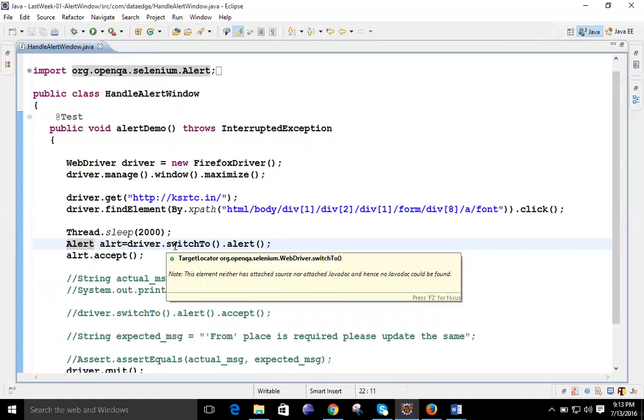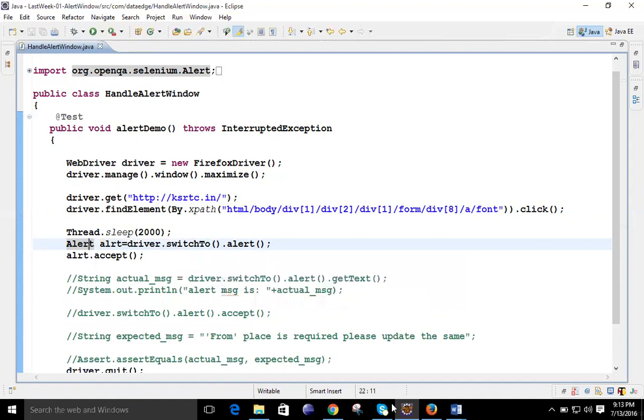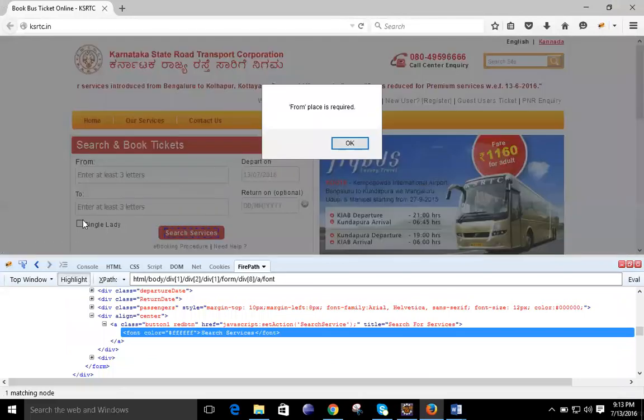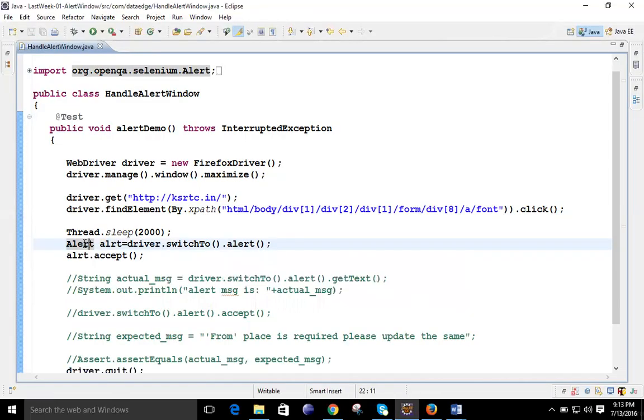Earlier we have seen the switchTo methods for switching into a new window. Now we want to directly switch to the alert. If any alert is coming from this website after clicking this, we directly switch to this alert box itself. That is the feature available in this Alert class.